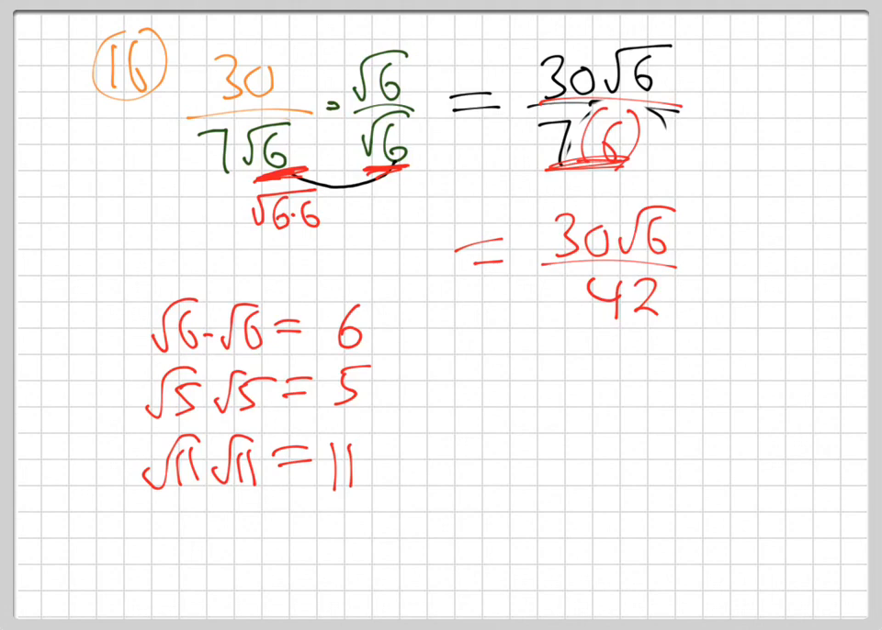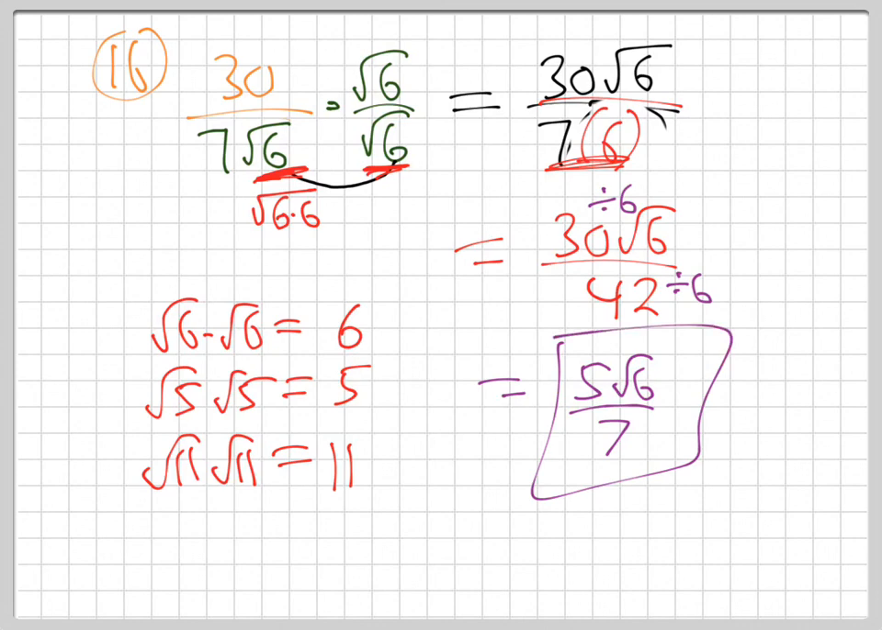And then can you simplify 30 and 42? What goes into both those? 6, yeah, divide by 6 top and bottom, that'll be 5 root 6 over 7. There we go. That fraction is as simplified as it can be. All right, well,